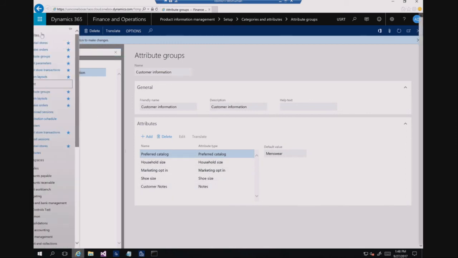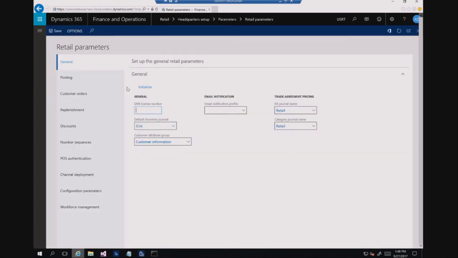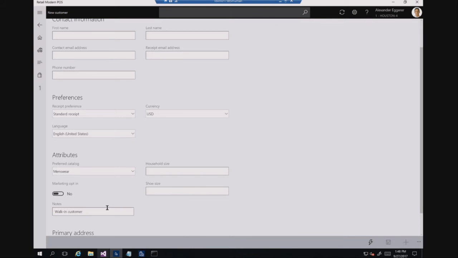And then in the retail parameters, you will link this attribute group. Under the general tab, you will link this particular attribute group. Then if you run the customer job, POS will automatically show all these attributes for you. You don't need to write any code to do it. That's why we extended the standard product attribute framework to support this extension for customers also. The product attributes are read only, but this you can use for both reading and editing. You can update the attributes also. We did this because we don't want you to write a lot of code for this kind of simple scenario. That's why we extended the attribute framework.